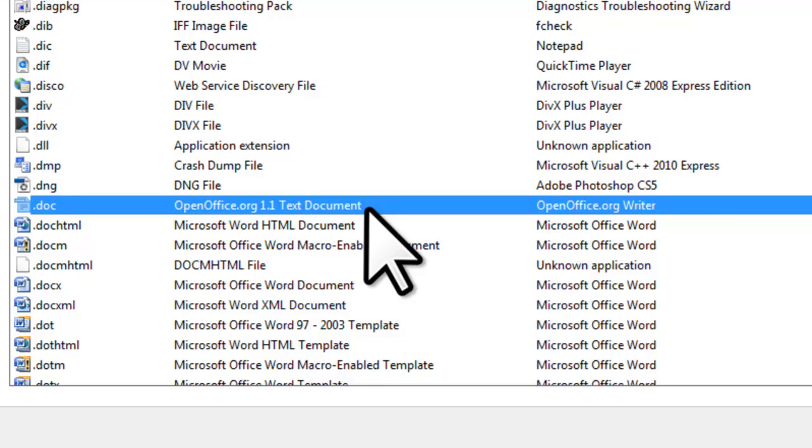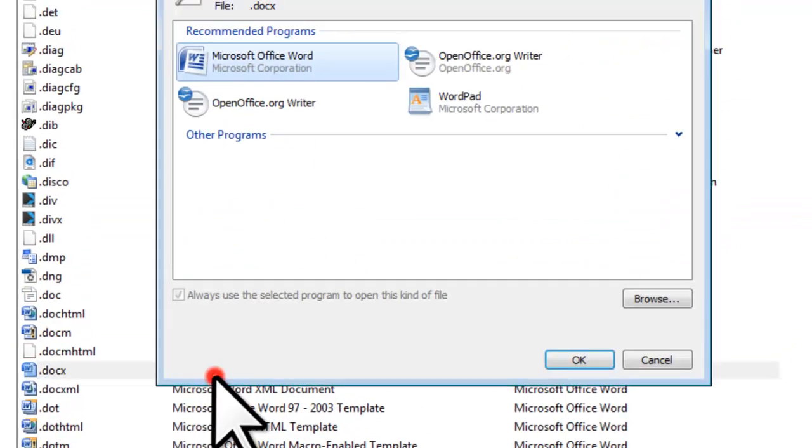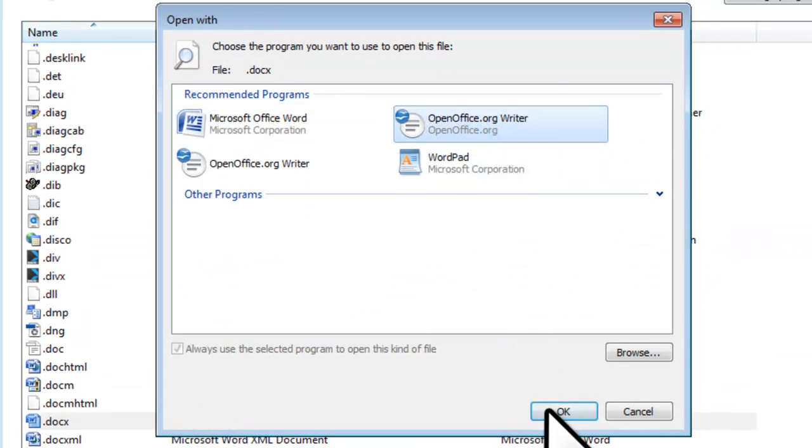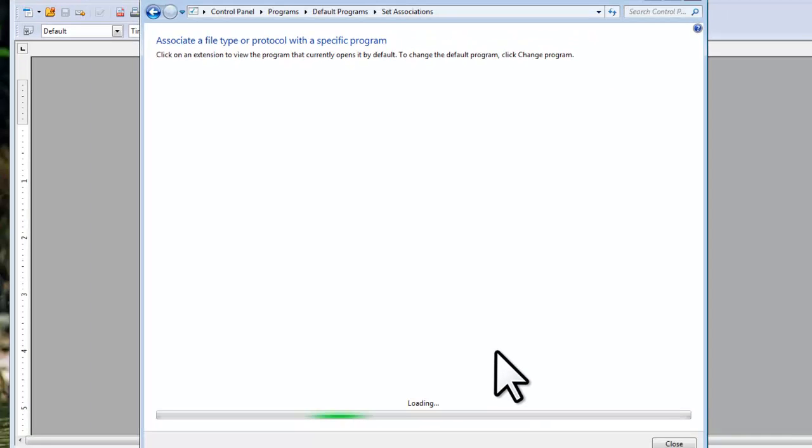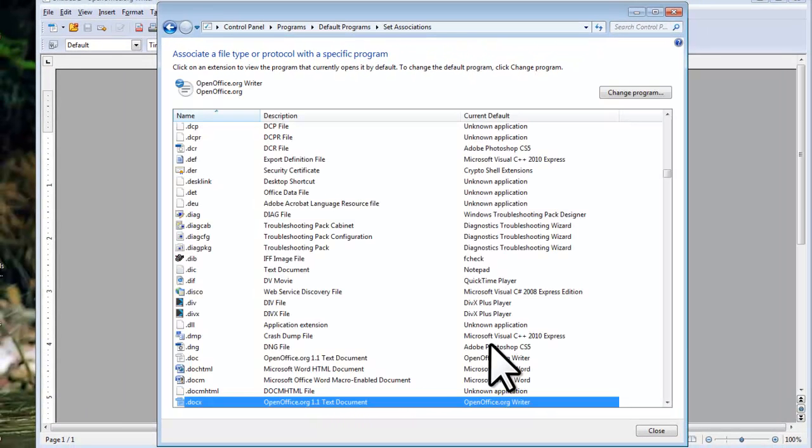Repeat the same steps as above for the .docx files. Scroll down and set the spreadsheet extensions .xls and .xlsx files to the OpenOffice.org.